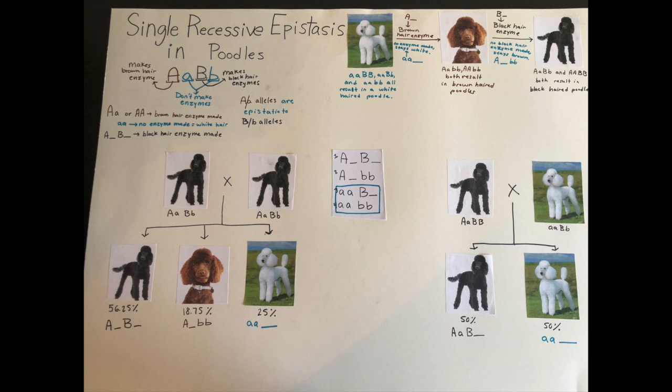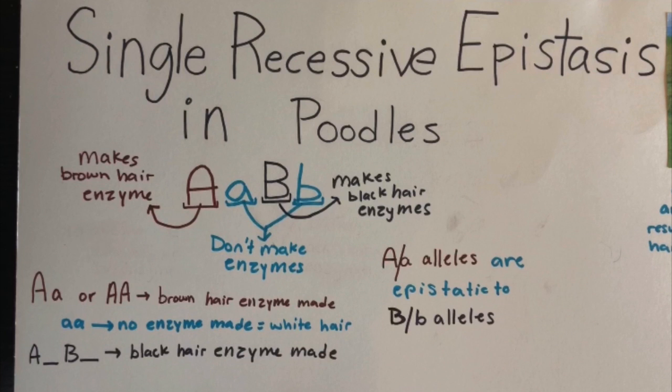In this video, we're going to be looking at single recessive epistasis in poodles and their hair color. In genetics, traits are passed from generation to generation by what we call alleles. In this case, we have two pairs of alleles influencing the trait for hair color in poodles. We have the A and B alleles, where big A is dominant to little a and big B is dominant